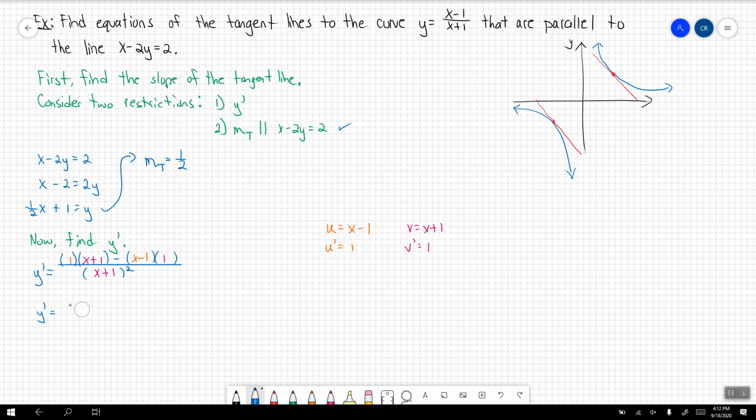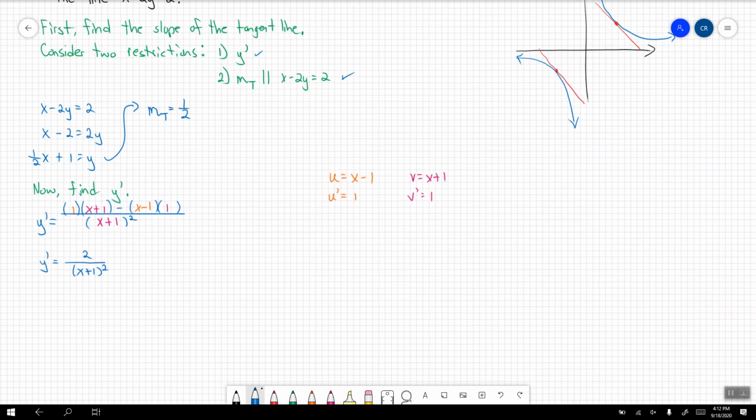And that's then going to be 2 divided by the quantity of x plus 1 squared. Great. So now we found y prime. But noticing these two restrictions, in order for me to find the slope of my tangent line, the slope of my tangent line at a given point needs to be my y prime value evaluated at that point. Now, since we don't know the x value that we're going to be looking for,